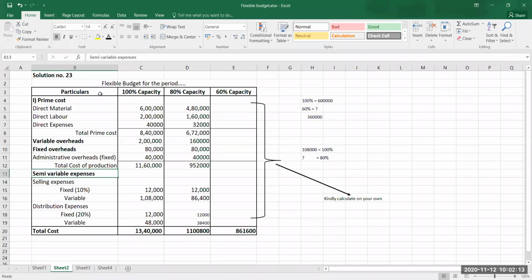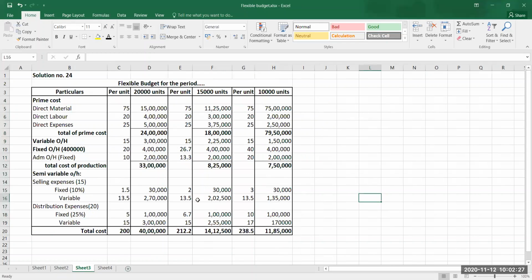So that time how you need to solve the problem, how you need to calculate the different capacities, this I have kept blank because I want you to calculate. Okay, it is very easy. I have just mentioned this so that you can copy. And thirdly, we have done it on the per unit basis. So three types of problems we have